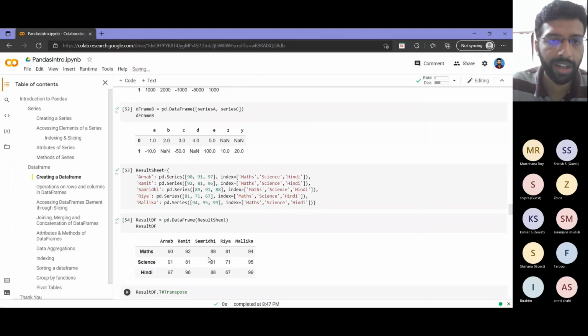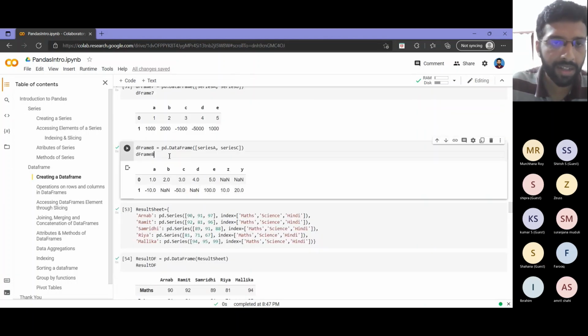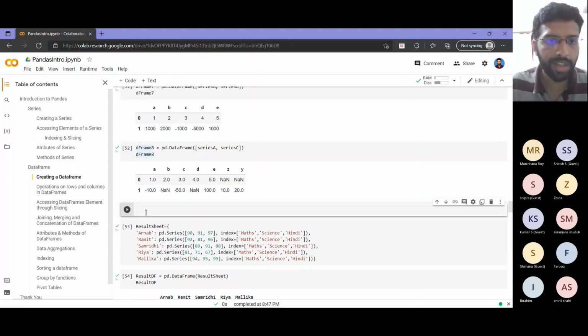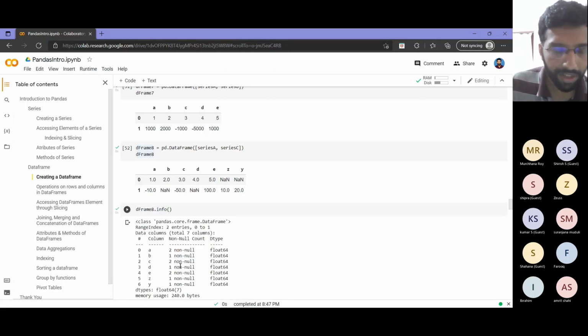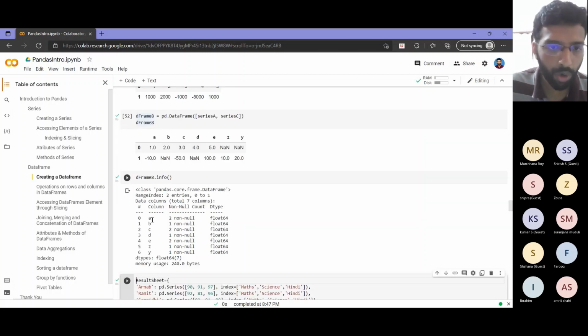Now let's go to our earlier data frame where we had NaN. So in this case, D frame 8. If I try to print using info, I will get the details corresponding to each column A, B, C, D, E, Z, Y. It will tell me that there are 2 non-null elements here, 1 non-null element here.